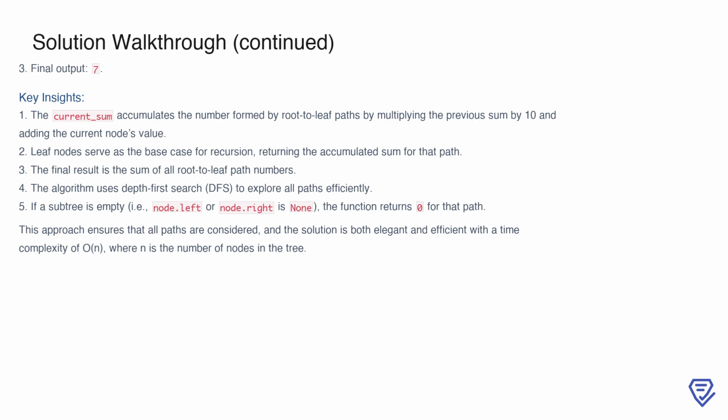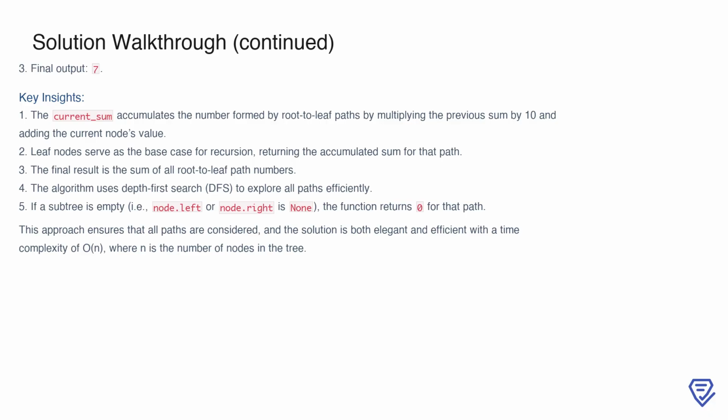This example highlights some key insights about the problem. The current_sum is updated at each step by multiplying the previous sum by 10 and adding the current node's value. Leaf nodes act as the base case for recursion, returning the accumulated sum for their path. The final result is obtained by summing all root-to-leaf path numbers. The depth-first search approach ensures that all paths are explored efficiently, and empty subtrees return 0. This method is both elegant and efficient, with a time complexity of O(n), where n is the number of nodes